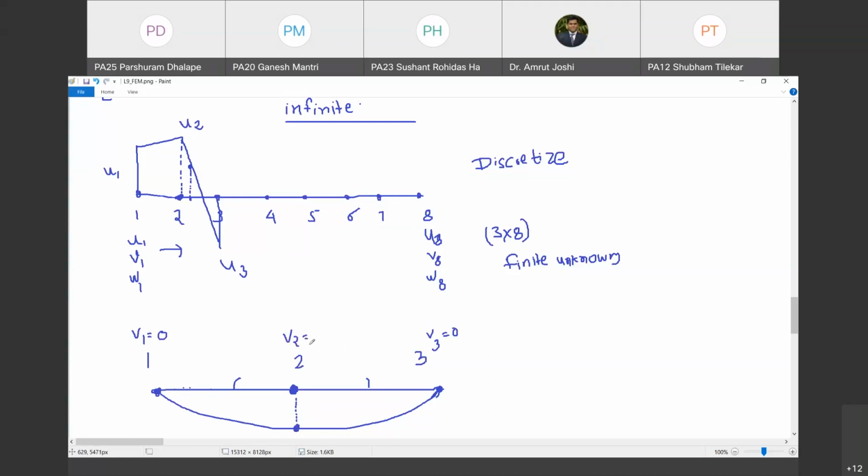After the FEM formulation, after running minimization of potential energy and everything, I have obtained V2 because I had treated V2 as unknown. The displacements at the nodes are what I am going to treat as unknowns. V2 is now a known quantity. Are you with me? Please type your response in the chat box.